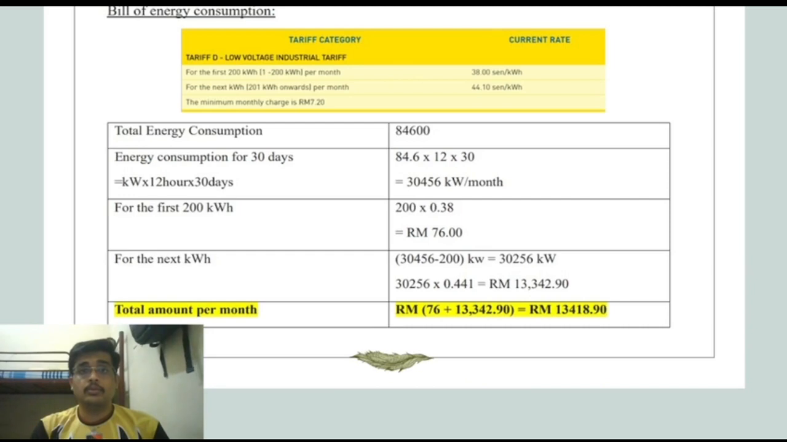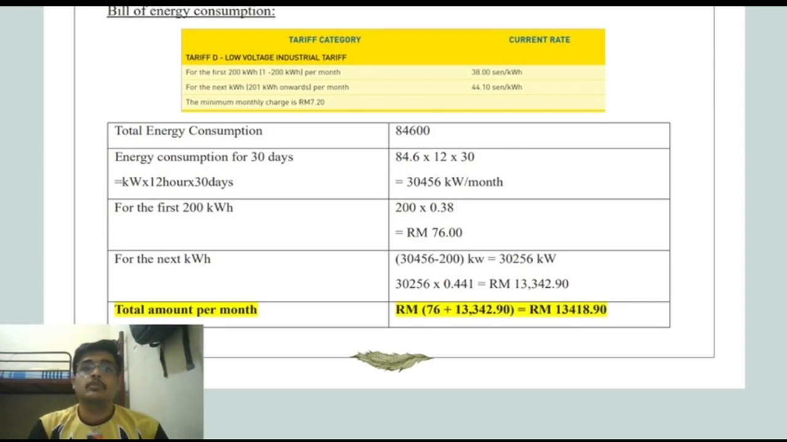So using this watt per hour energy consumption level, we can calculate the bill of energy consumption per month. The tariff category was obtained from the TNB portal. As I said, the total energy consumption is 84,600 watt per hour. For that we convert it to kilowatts per hour, which is 84.6. From the 84.6 we multiply by 12, which is the operation hours per day, and 30, the number of operational days per month. So we get a 30,456 kilowatt per month